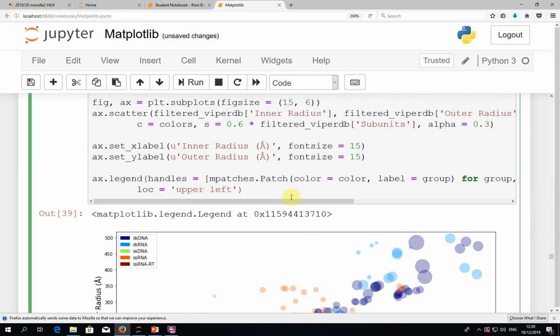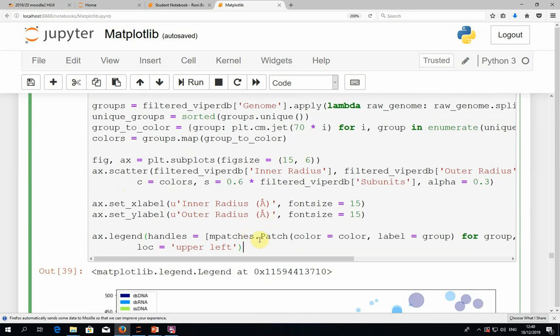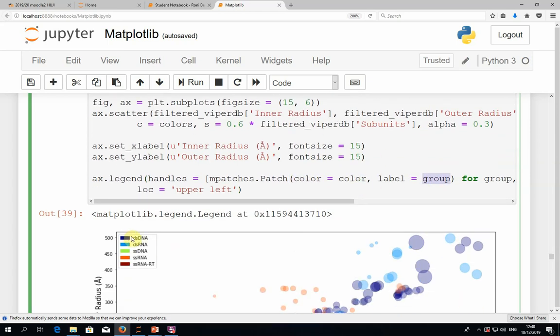So instead of using a pre-existing artist object, we can just create a new object using the patch object type. And you see that up here, I imported matplotlib patches, and I call it mpatches, and this mpatches submodule has a patch object that is essentially something that you give a color and a label,